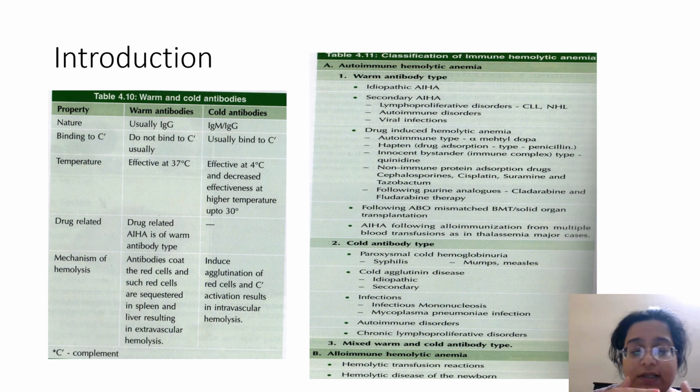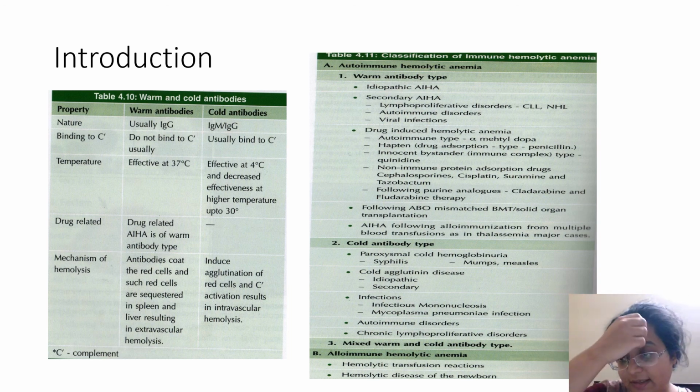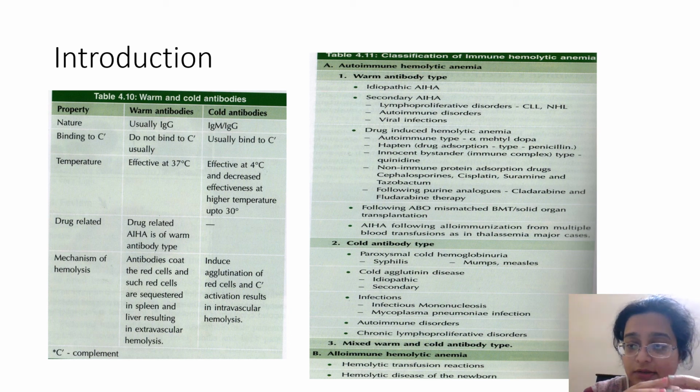Anyways, what is important to know here is that anything that you take, be it a drug, be it infection, be it cancers, lymphomas, anything in the world can cause a hemolytic process. Viral infections can cause that. Bacterial infections less commonly, but they might cause it. Then cancers, hematological malignancies and non-hematological malignancies, both can lead to an autoimmune spectrum. So the spectrum of diagnosing an autoimmune disease is vast.